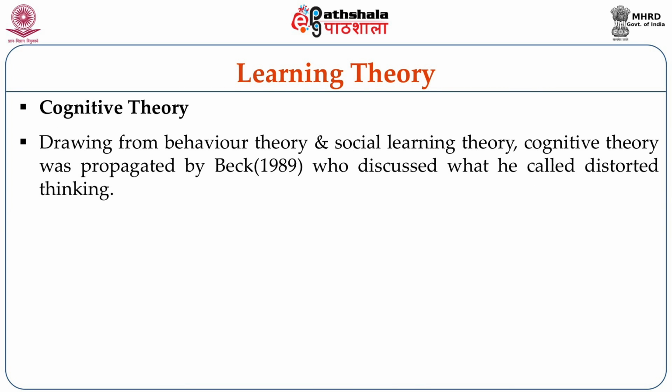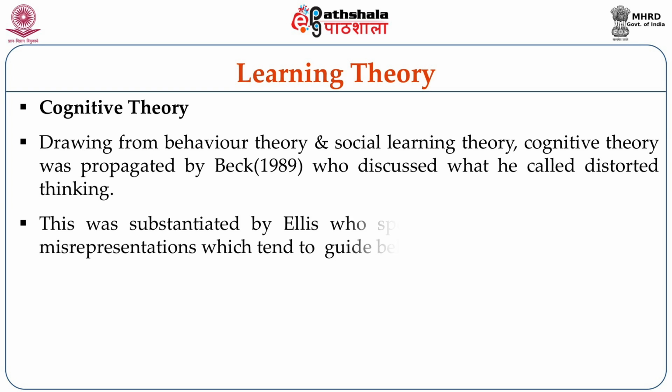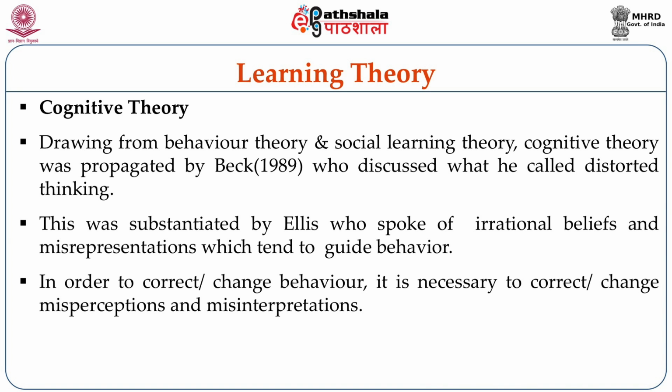Drawing from behavior theory and social learning theory, cognitive theory was propagated by Beck in 1989, who discussed what he called distorted thinking. This was substantiated by Ellis, who spoke of irrational beliefs in individuals and misrepresentations which tend to guide behavior. In order to correct or alter one's behavior, it is necessary to change the misperceptions and the misinterpretations